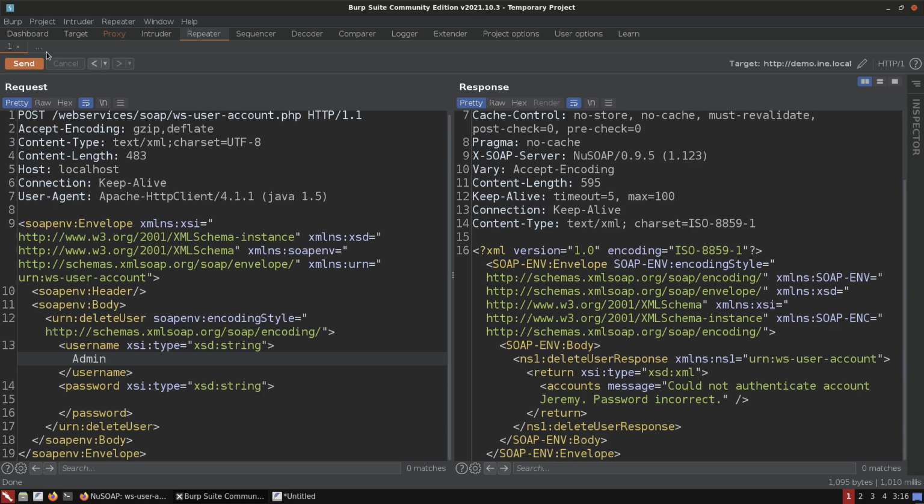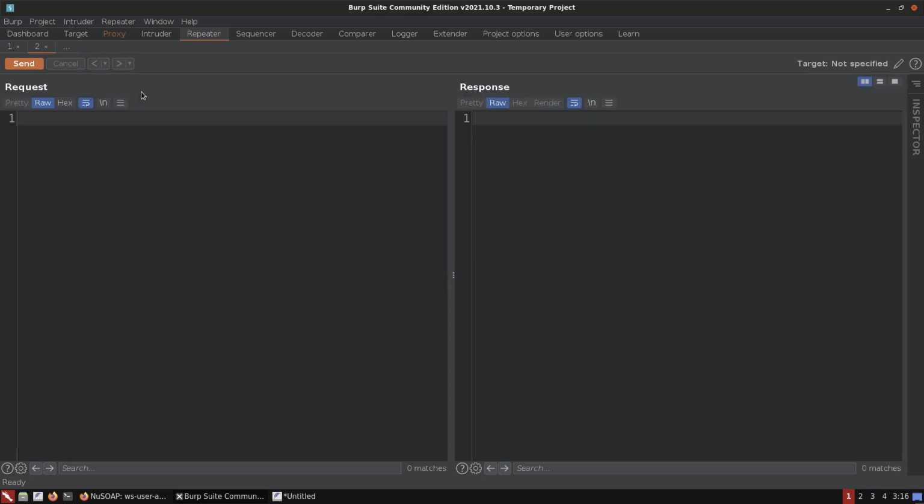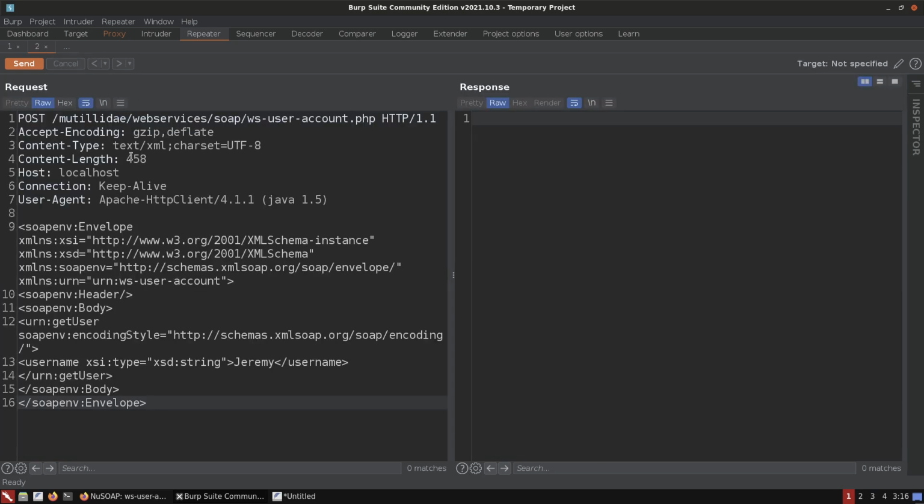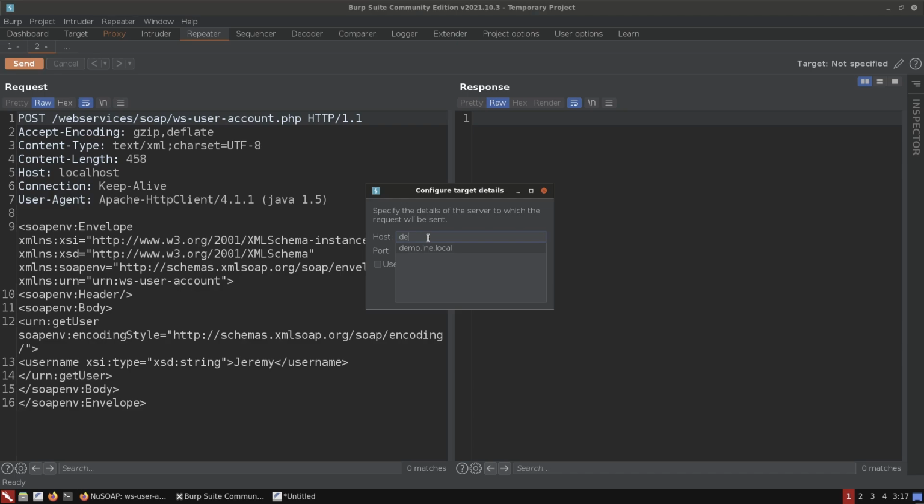And the only reason why I'm doing this is because I'm also curious as well. So what I'll do now is I'll open up a new repeater session here. And within the actual request, what do I need to modify? Firstly, I need to modify this here, because the URI, insofar as how this web application is configured, does not start from Utilidae. As for the actual username specification, that's perfectly fine there. We now need to obviously send, but it'll prompt us to enter the target details. So we'll say demo.ini.local,